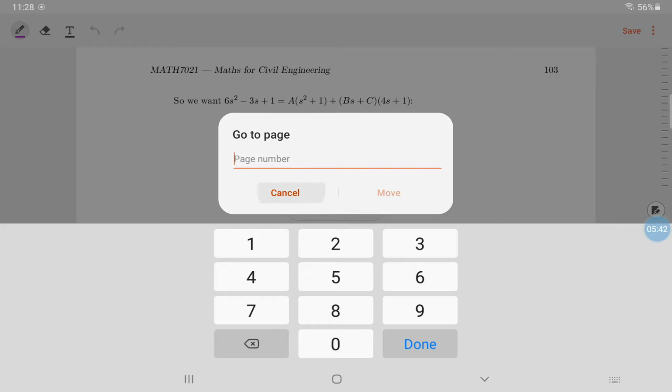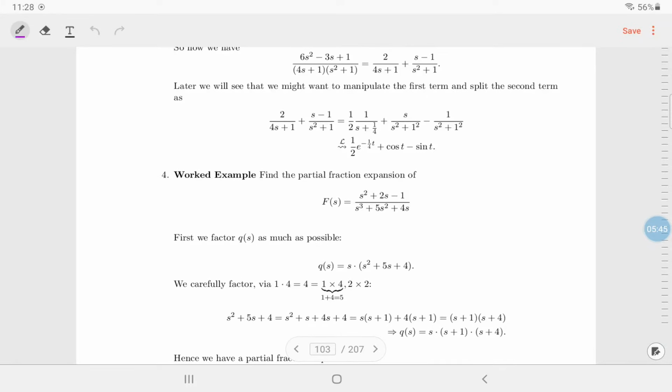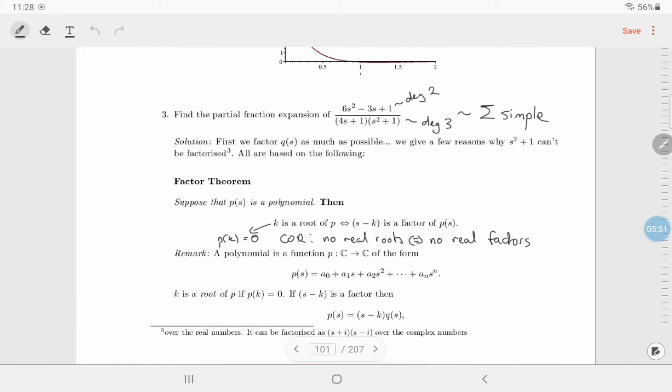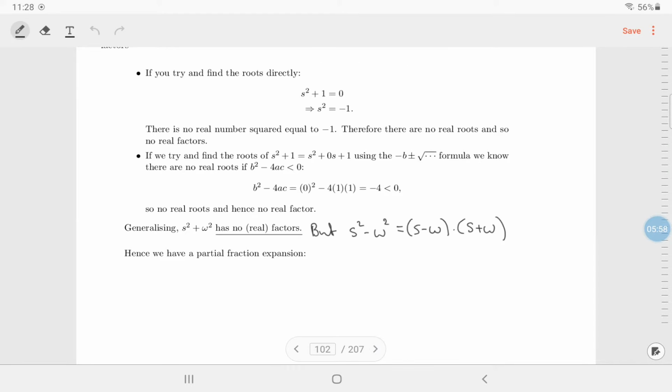Okay, so let's be careful what I'm writing above here. Now I've left no room, unfortunately, on this next page, so I'm going to have to write little tiny writing. So what did we have originally? 6s squared. So basically the bottom can't be factorized anymore. 6s squared minus 3s plus 1